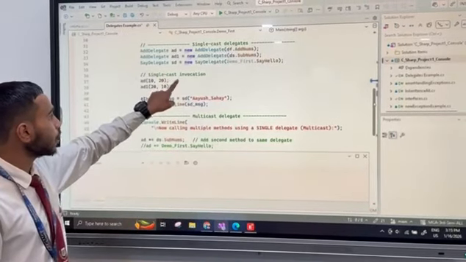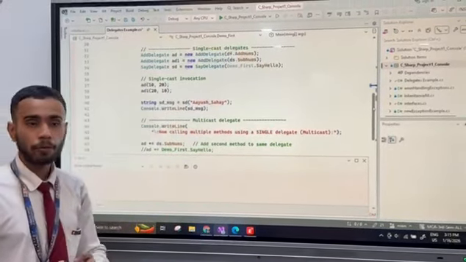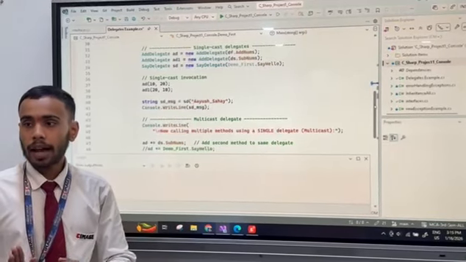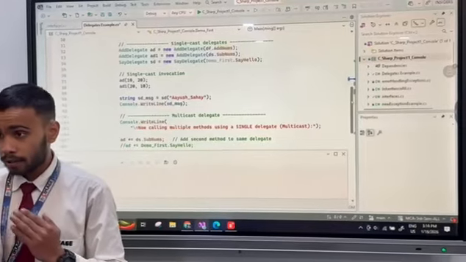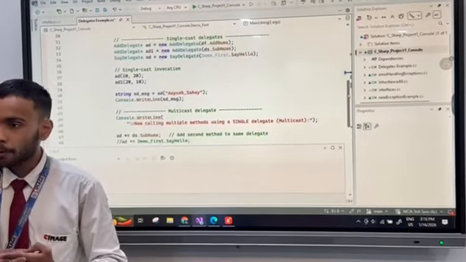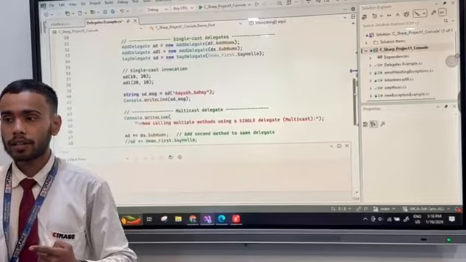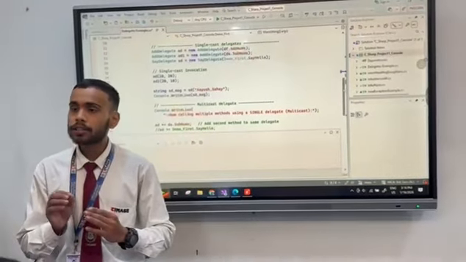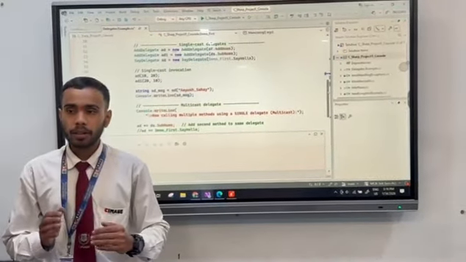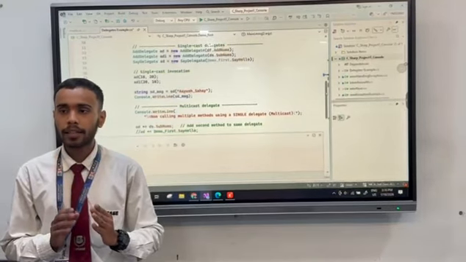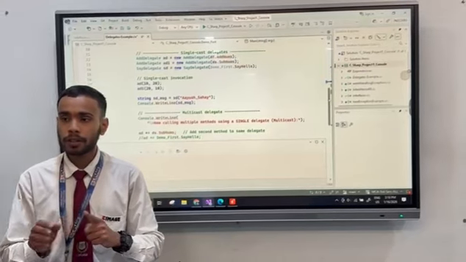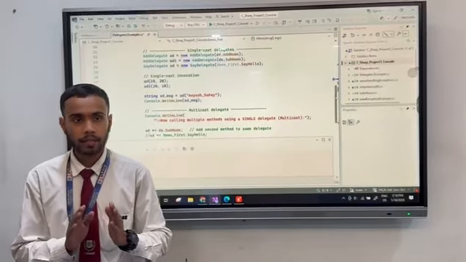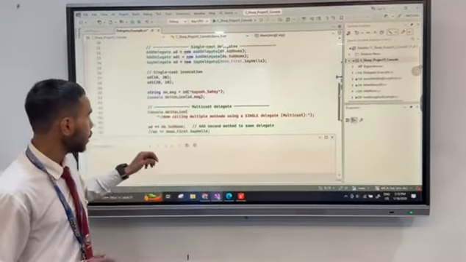Single invocation means with the help of one delegate you are calling one method. Multiple invocations can be understood as, with the help of one delegate, you are calling several other methods. In simple words, one delegate is holding the memory references of more than one function on the basis of the same type of parameters.